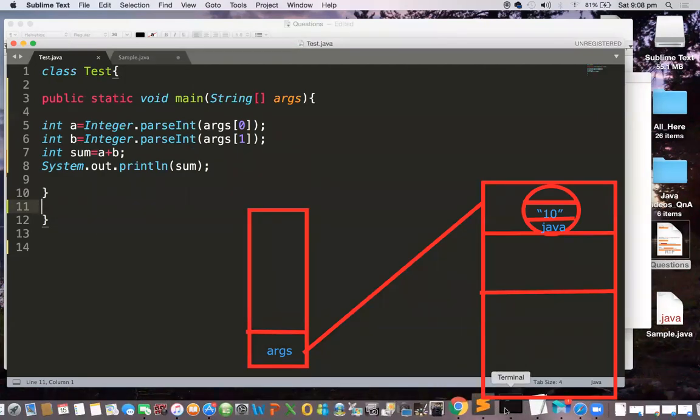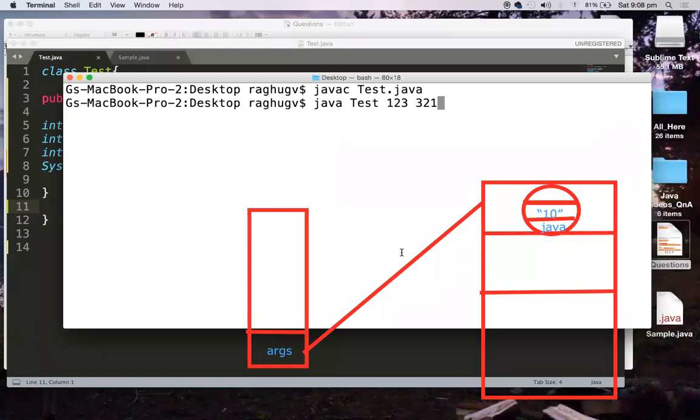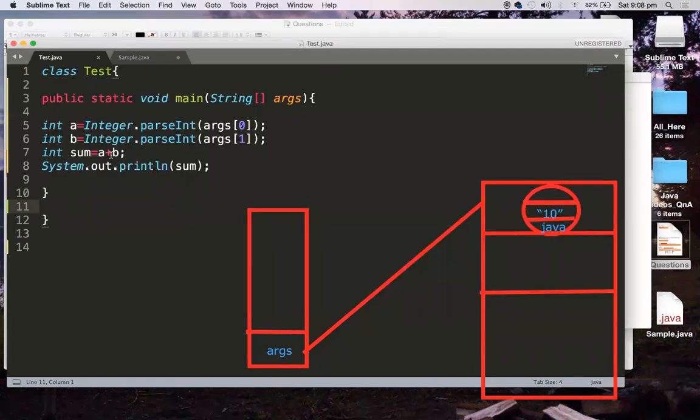Now I am doing the summation. When we run, the output that is expected is 444, right? So we are getting 444. Here, a plus b: plus is an operator which has two arguments, and these two arguments are integers, right? Whenever two integers are given, it does arithmetic. But if at least one argument is a string, then it does concatenation. That is what happens with the command line arguments.